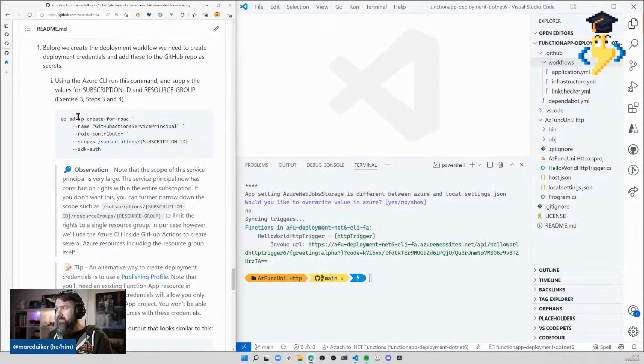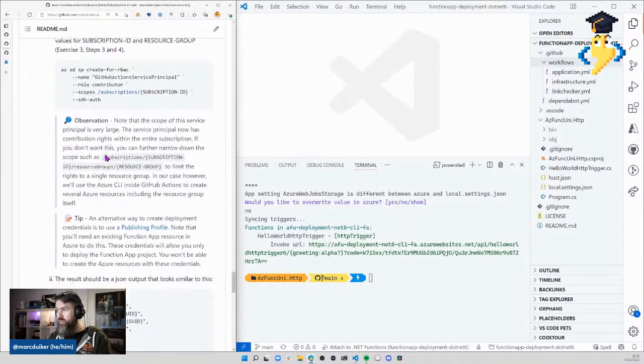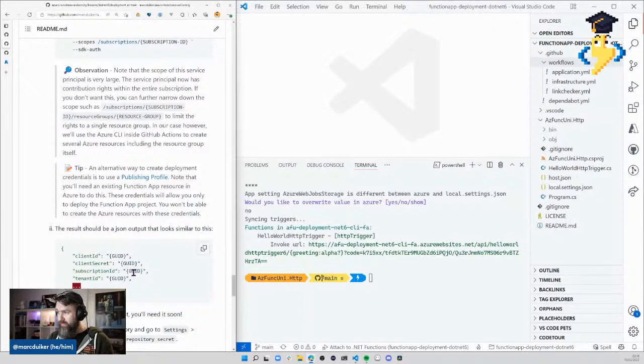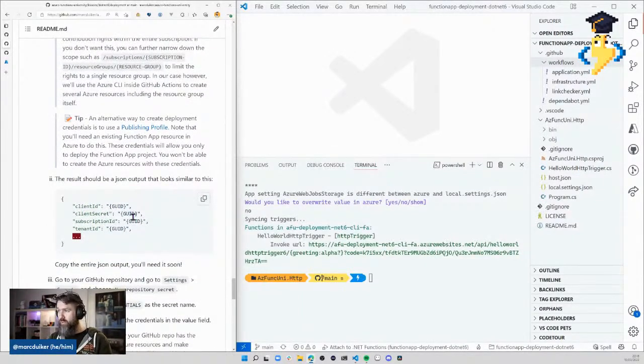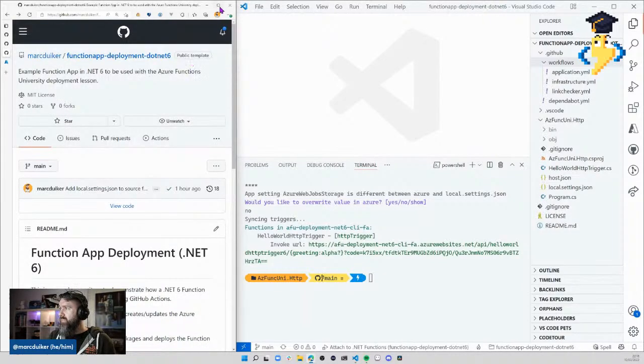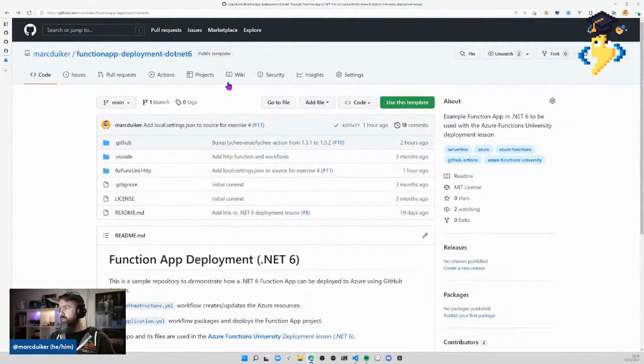So I've already done this, but you can follow these instructions and you will have a valid service principal that you can use. If you run this, you get back a JSON output that looks like this. You have a client ID with a GUID, client secret, subscription ID, tenant, and then you have a couple of more fields. You should copy that entire block of JSON output, and you should put that in the GitHub repo